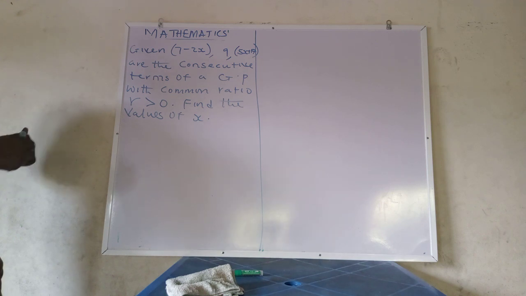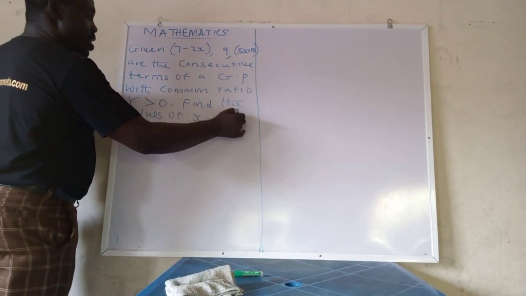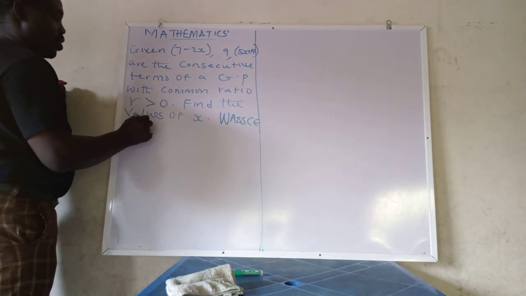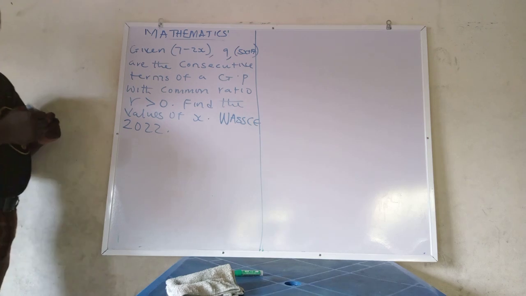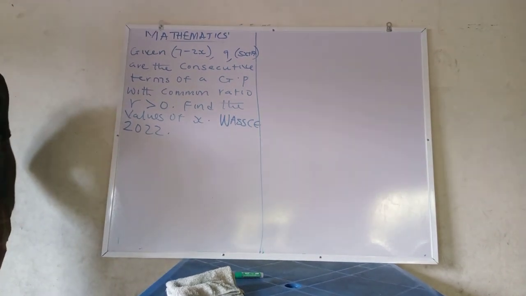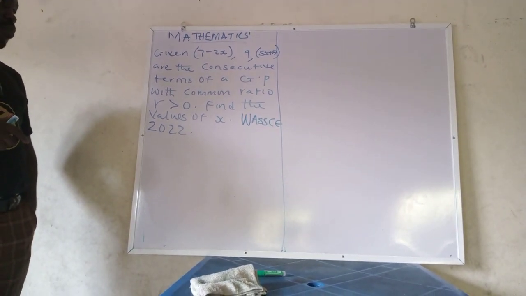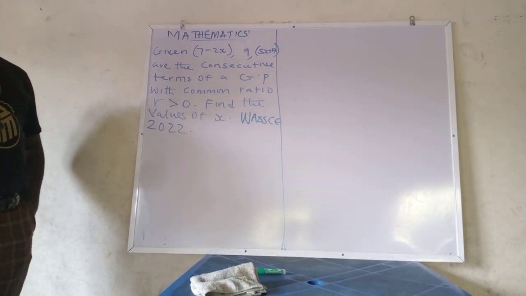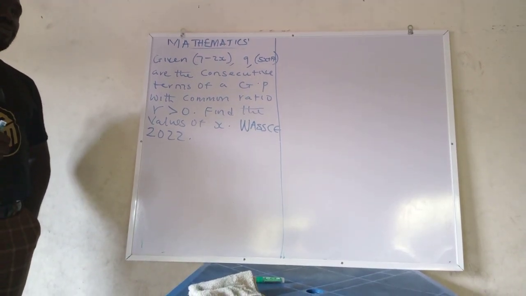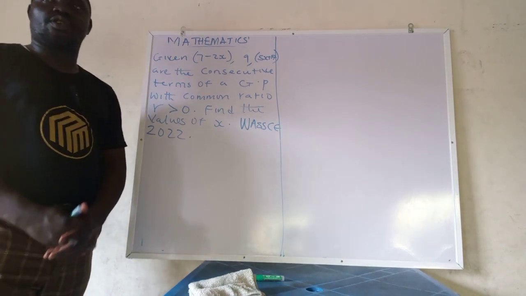The question before us came out last year, in 2022. It happened to be the number one question. Actually, your number one question last year is all we are having on the board here. The question is coming from GP, geometrical progression. Now, before I solve the question, it's important I paraphrase